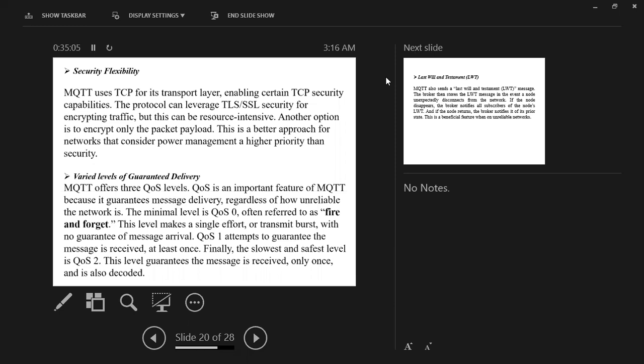So the researchers converged on not encrypting the whole packet, but only the payload. When you do encryption, it adds extra data, which increases the frame size and overhead. So rather than encrypting the whole frame, they only encrypt the payload